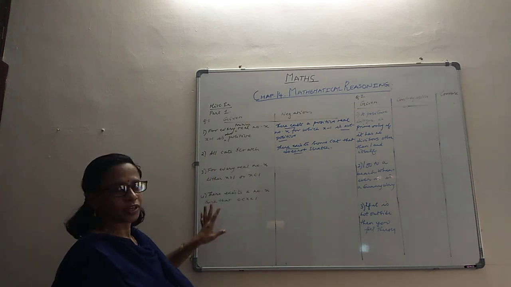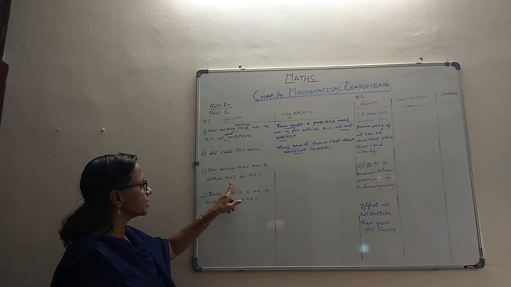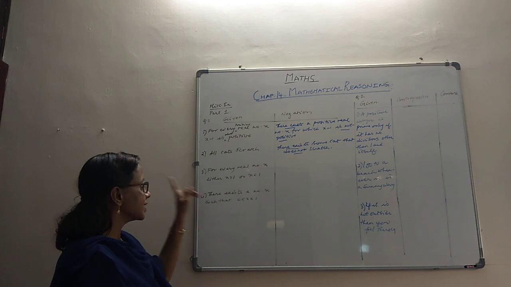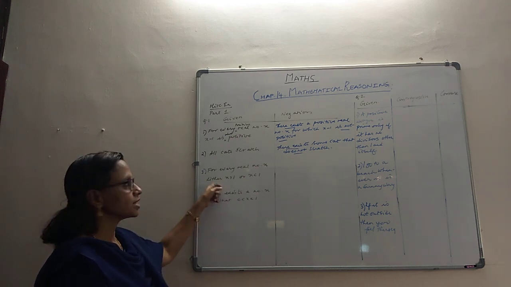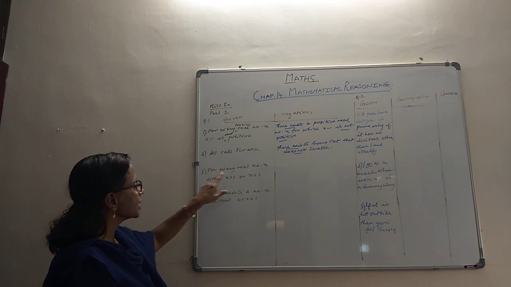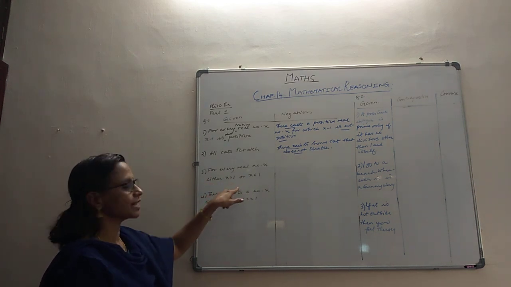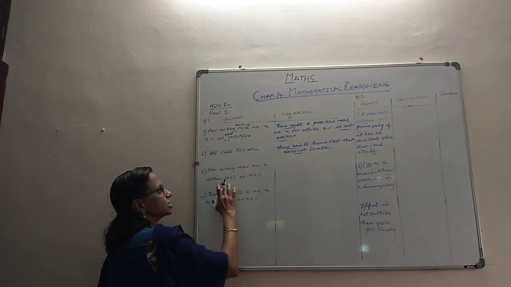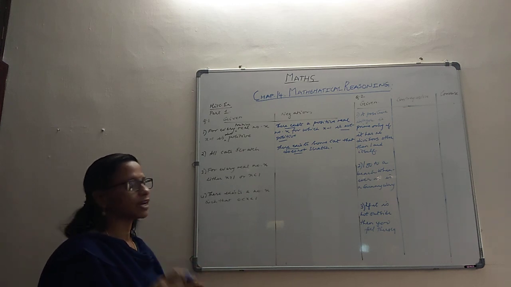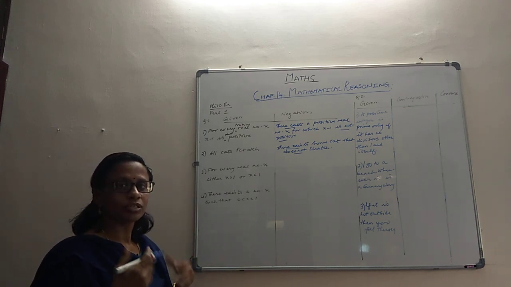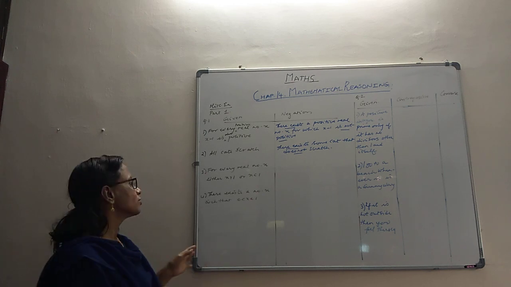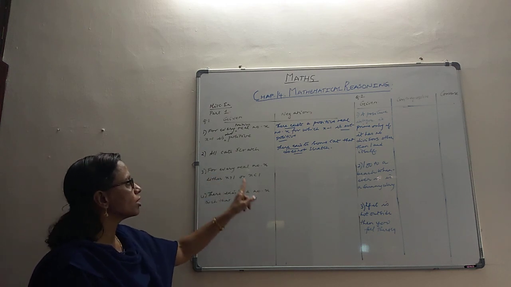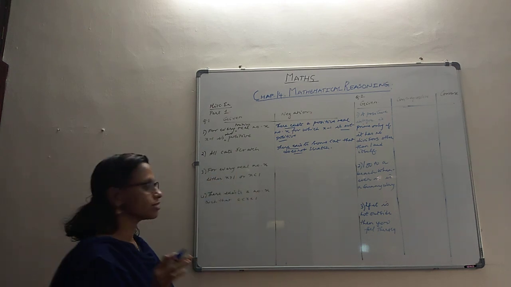Again it's 'for every': for every real number x, either x is greater than 1 or x is less than 1. Because we have learned that for 'for every' we are going to use 'there exists', there exists a real number x and the opposite of this. Whenever this 'either or' comes, you have to have the negation of either one. So whenever 'either or' comes, we use 'neither nor', so that purpose is served. So we will say that there exists a real number x such that neither x is greater than 1 nor x is less than 1.